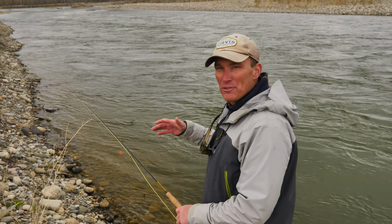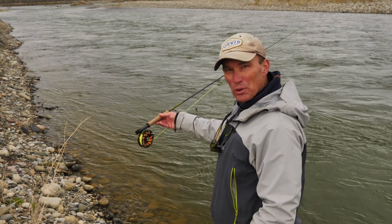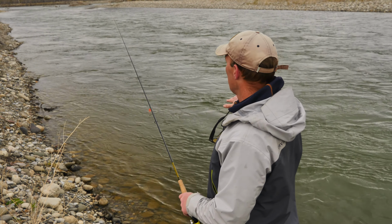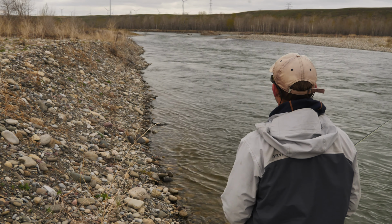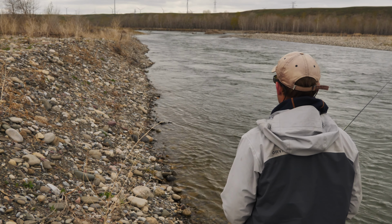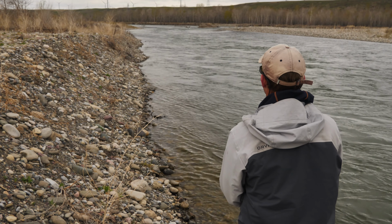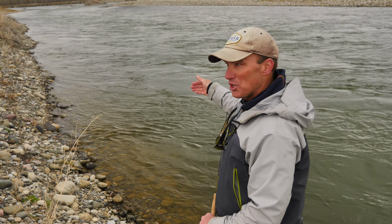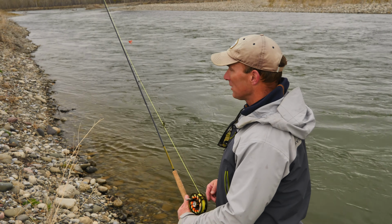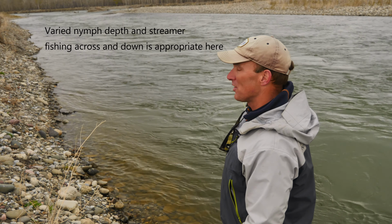Okay, so what we have right in front of us, we have about 2 rod lengths from shore to fish in another gravel trough. And we have a steep angle of gravel that comes into the river, which indicates you have a steep drop off, which means about 18-24 inches offshore you have a depth change. And those fish are going to be nosed into that depth change. So we're going to, once again, nymph our woolly buggers right along that edge, and maybe another rod length out,